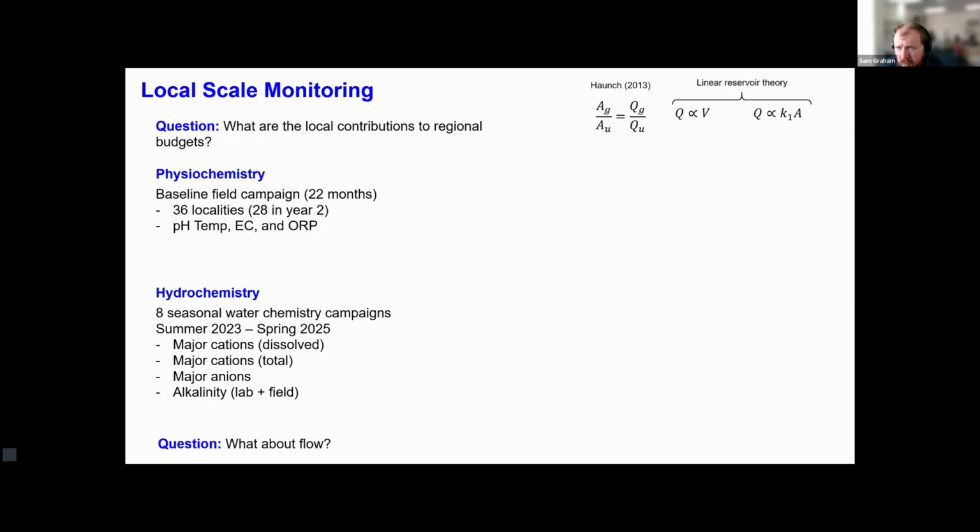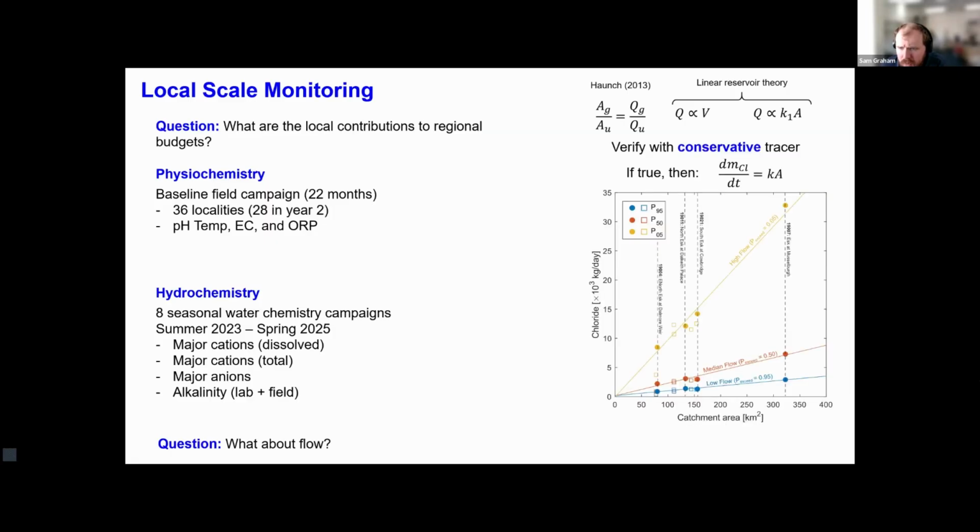I'm not really going to go into massive detail, but you can validate this by assuming that the catchment behaves as a linear reservoir, which basically means flow is proportional to its volume. The take-home is that if that conceptualization of the catchment is true, then the mass flux of a conservative tracer like chloride should scale with the catchment area. So we were able to validate this across different flow conditions for known gauge points, which are the solid circles,